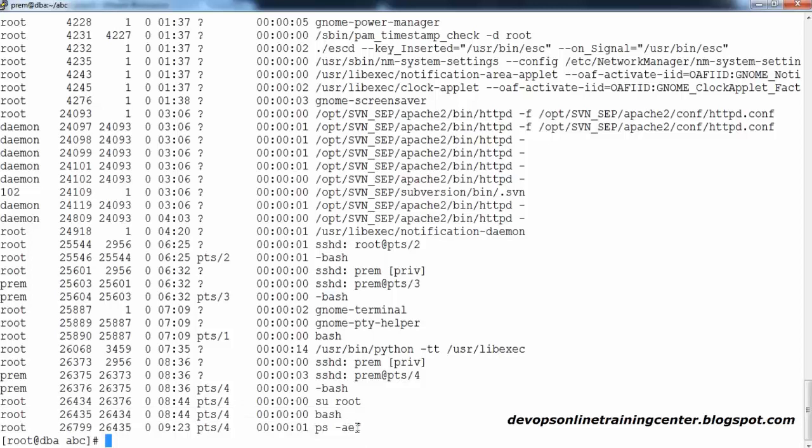Can you see ps -ef? And what is the process ID? 26799. And where did you run this command? On the terminal, right? The terminal also will have a process. What is it? Bash. Can you see 26435 and 26435? This is the process for the ps -ef, and its parent will be this one.